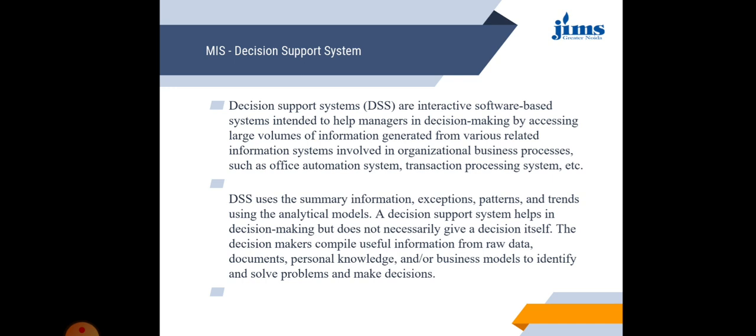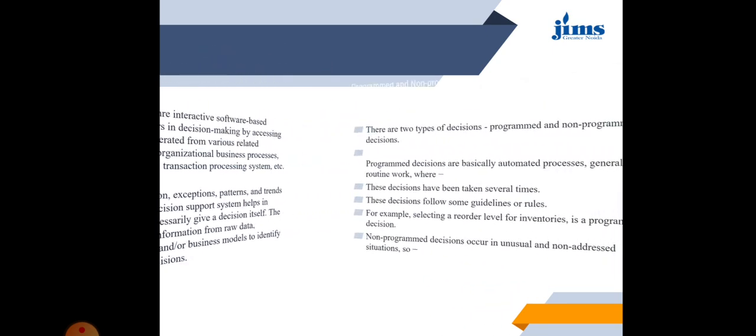So basically, that is also a type of expert system. The decision support system takes information and data, processes that information, and gives us a decision. It uses analytical models to give a solution to any problem. But it is not always giving a decision. It will show you that this is a better way, and you have to choose whether you will go with that or not. So that's a decision support system.